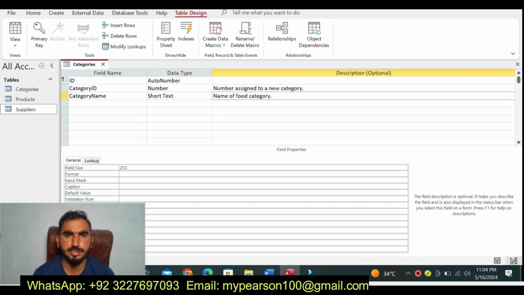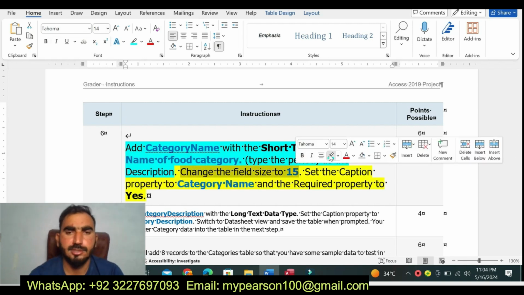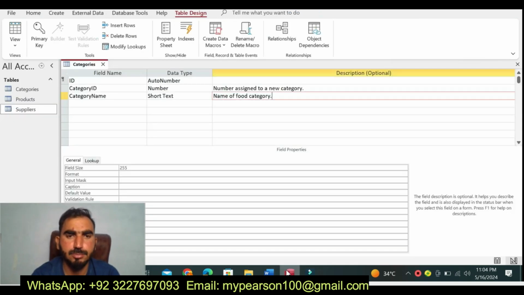And the description is the name of the food categories and the caption. So we change the field size to 15. Now I am going to change the field size to the 15 and set the caption property to the category